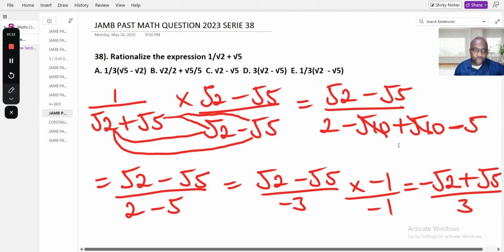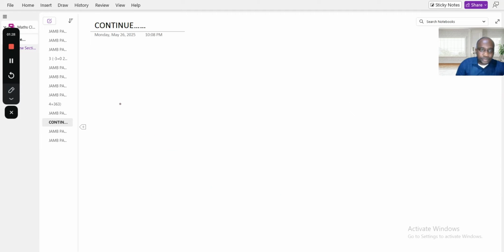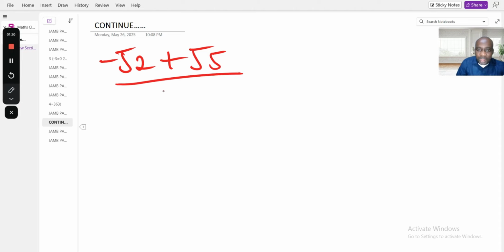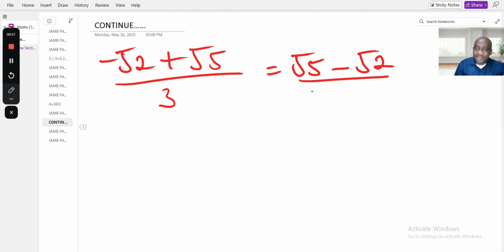I don't want to clean this space up. We have minus square root of 2 plus square root of 5 over 3. The minus 3 has changed to what? To plus. There's no minus at the bottom again. We cannot leave our answer like this. We can leave it. If you want, we have minus 2 plus 5. You can change this to something like this. Square root of 5 minus square root of 2 over 3 is the same thing as 1 over 3 or